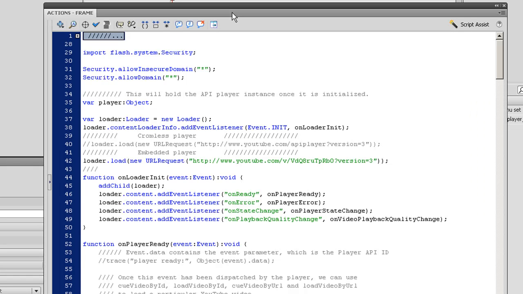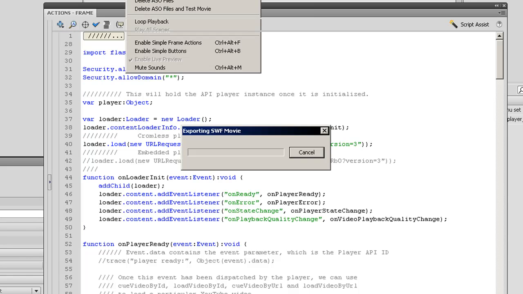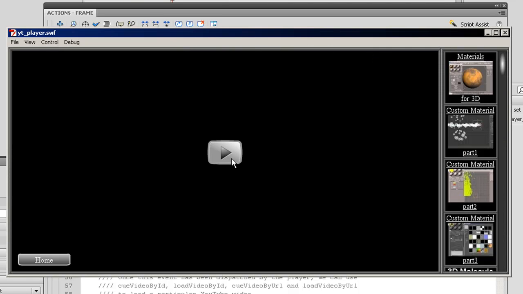In the code, this line here is to have the chromed version, the embedded. At the moment, this is the link for the current one that's in the embedded player. You put your chosen link in there. If you're using the chromeless, you comment that out, put that one in, and then this one loads in the chromeless version. If I now click run, all that comes up is a play button,